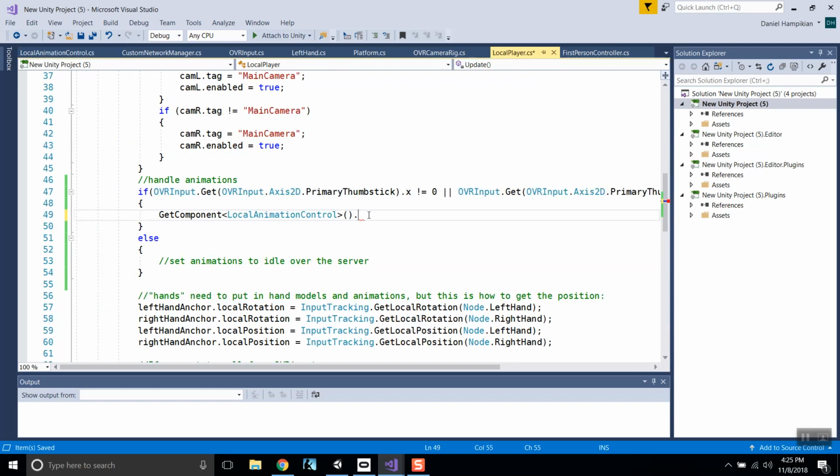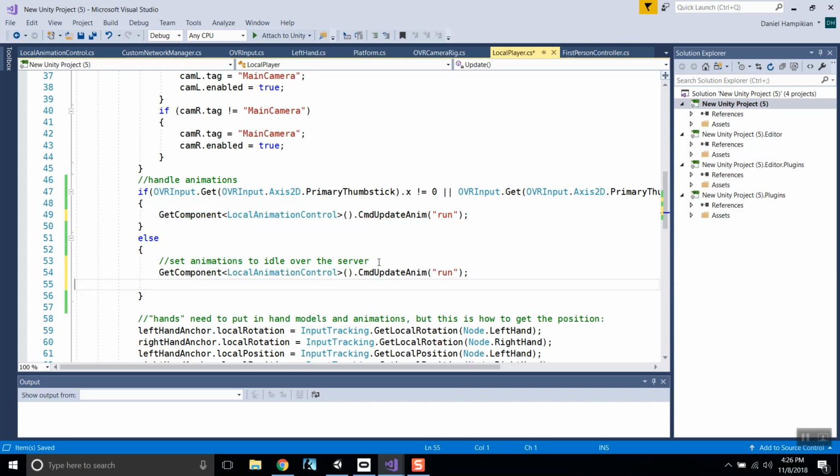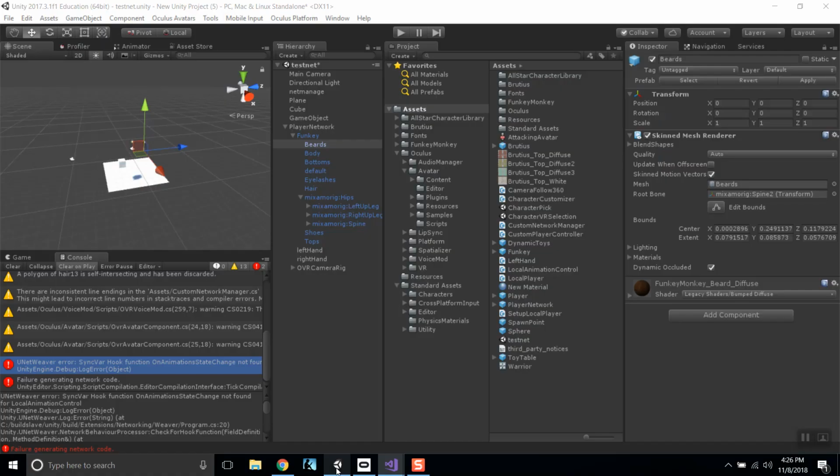Call it dot command update animations, and we're going to pass in the string. So this is when we get input, so we're going to pass in the string run. Otherwise, we will pass in the string idle. And that is it. So now back in Unity,